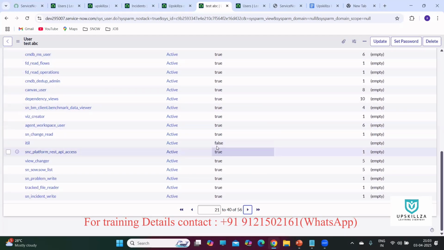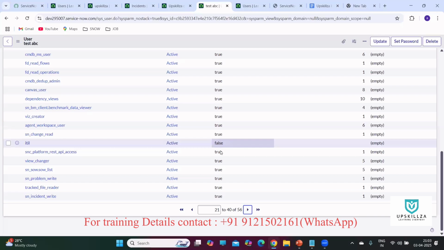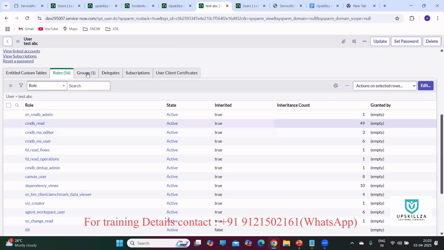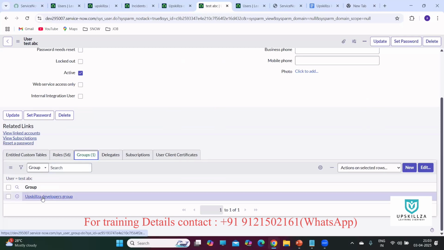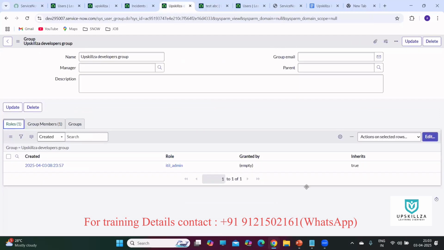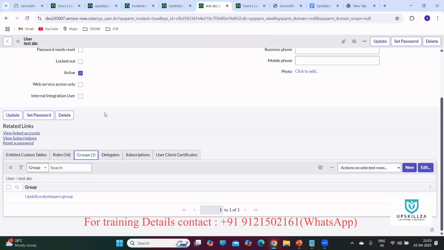Inherited false. Okay. So he is part of here. Now we can see only one group. So we can go to Upskillza developers group and check that under roles section. So under roles section, ITIL admin. Okay. This is the way we can track this. If a user is part of multiple groups,